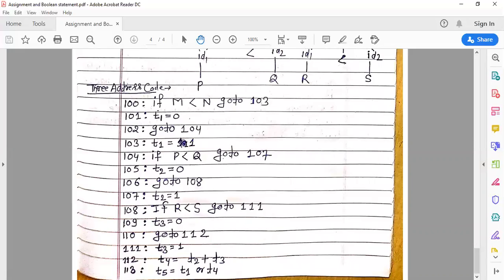So T4 is equal to T2 and T3. Here you get AND, not plus, and you correct it here. T4 is equal to T2 and T3, and at the last line we have